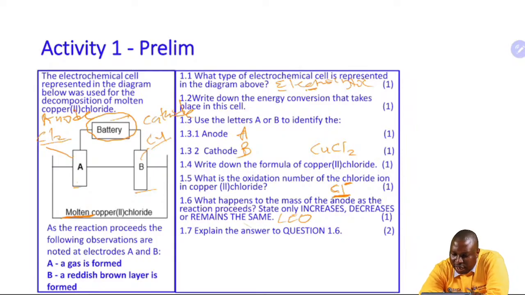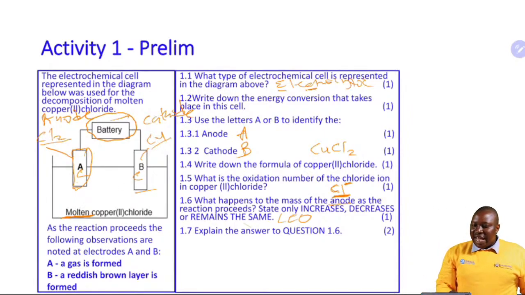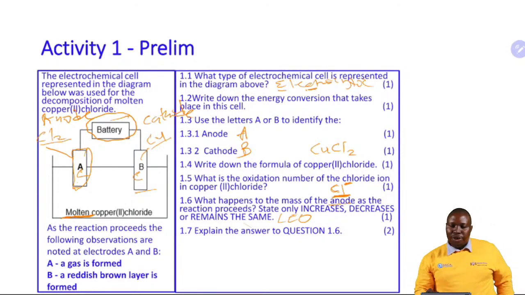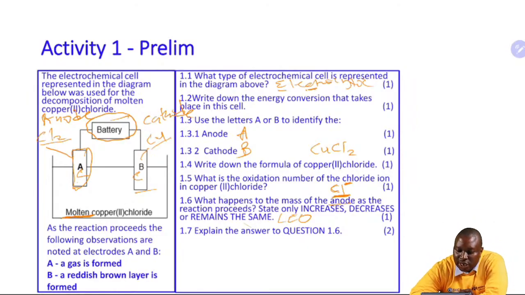But now this question is very interesting because you are having your electrode here. Remember, we're having carbon, we're having another carbon. But now what is happening is that these carbons are inactive. They're not part of the reaction. So when you're choosing the answer to this question, you have to be very, very careful to look at that, to say we are now having carbon and carbon as our electrodes, which are inactive,